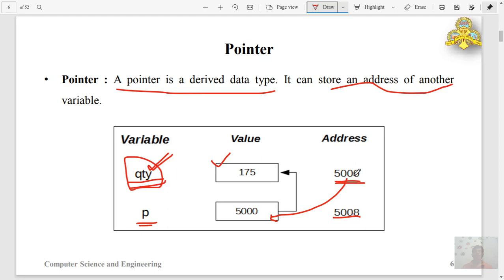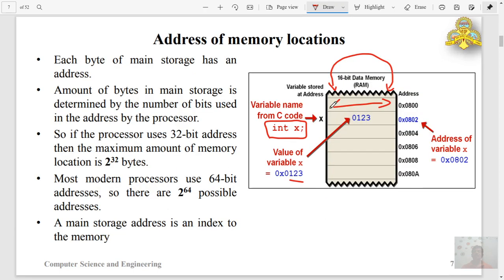The variable is x, and the value stored in the variable is 123, it is in hexadecimal. 0x is prefixed, so it is hexadecimal, and it has a memory location address. Observe that the length of this memory location area is 2 bytes, because the width of the memory location area is 16 bit.